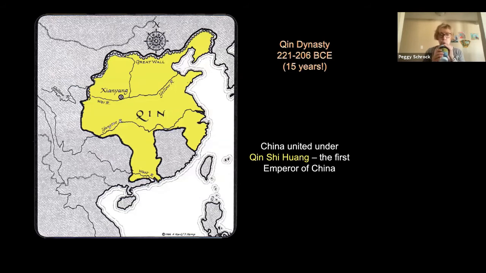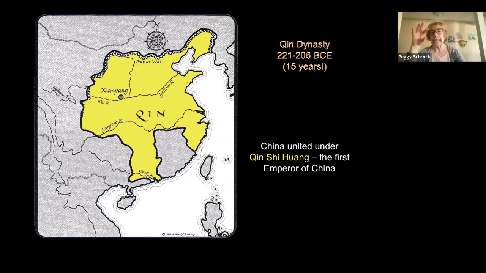In fact, we're about to encounter someone who didn't like that idea at all. And his name is Qin. Now, when the Zhou eventually fall apart, they managed to make it for 900 years. So I'm pretty impressed. If they want to take a break and fall apart after 900 years, I'm going to cut them some slack. But after a brief period of sort of